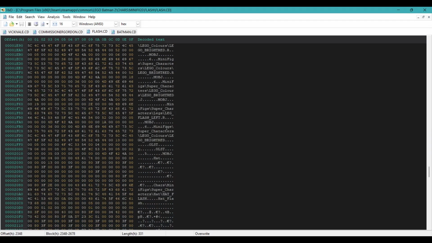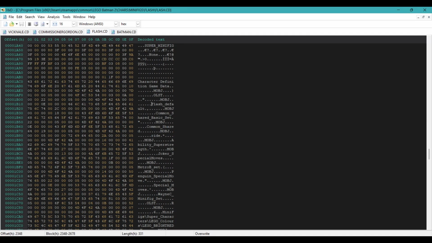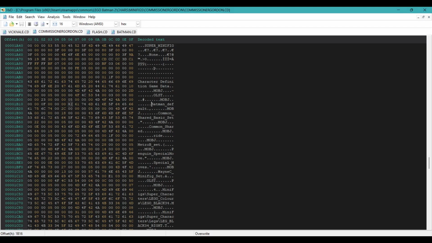Then we scroll up to see what the Flash's animations are listed as. In this case, it is Flash default. So we would change Batman to Flash. We have an extra letter here, so we will just delete that N, but now we've changed the length, so we need to check the length again. It's just 1 byte shorter, so change from 23 to 22, and this OLST entry, it is 2D01, so we